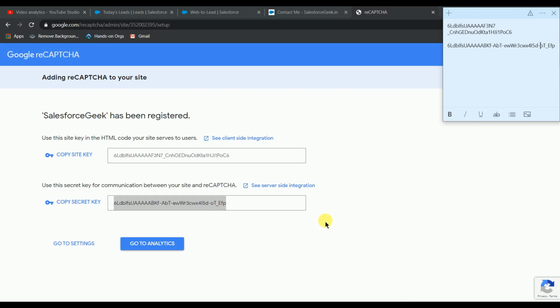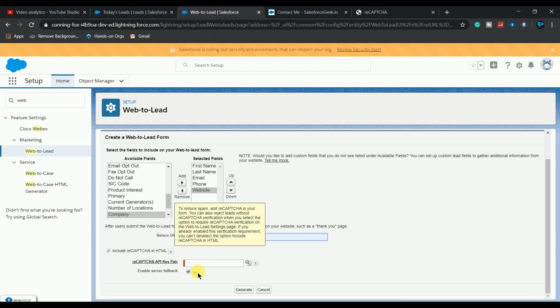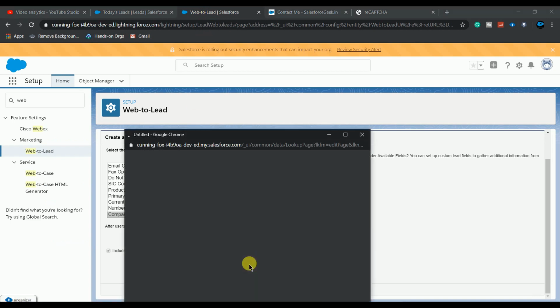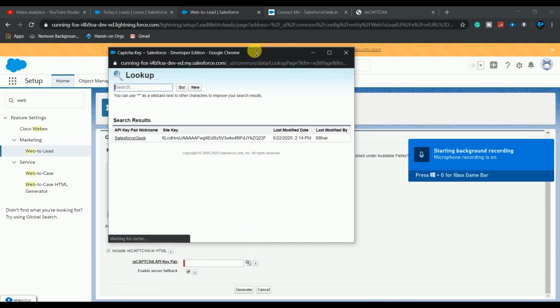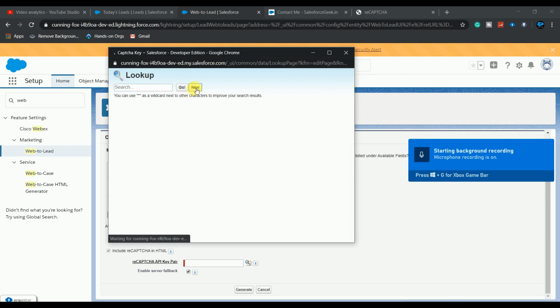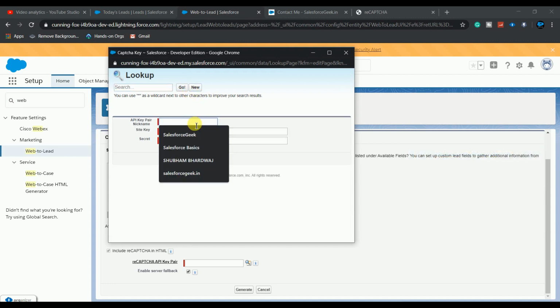After that, what I have to do, simply go back to the web to lead form and click on this search icon, and here I am creating a new API key pair, and let's say name Salesforce Geek API.